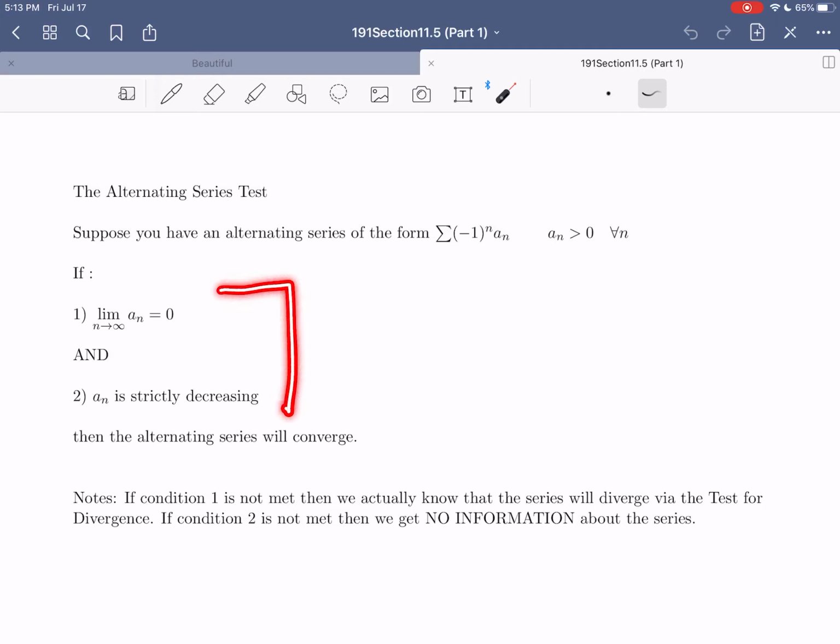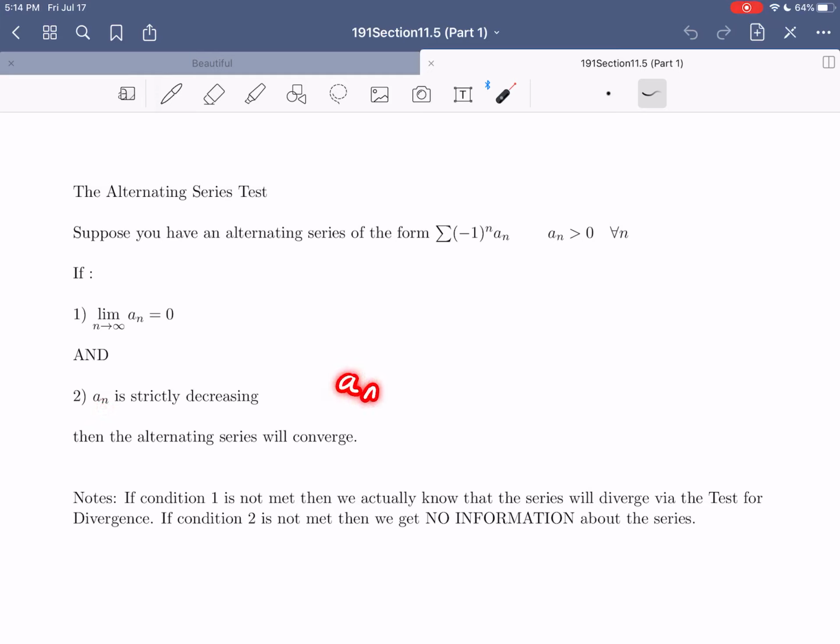So there's two conditions that we need to check. First, if we can show that the limit as n goes to infinity of a sub n is equal to 0. Notice that this is the limit just applied to the magnitude part. We ignore this when we're doing the limit, and we just focus on the limit of those a sub n's. If we can show that that is 0, and we can show that those a sub n's are strictly decreasing,